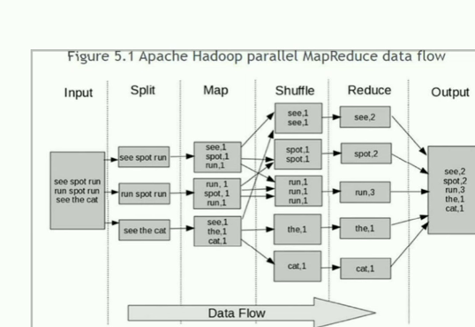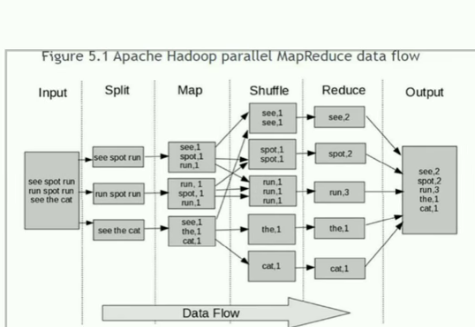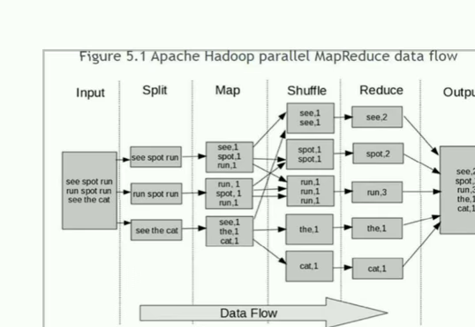So what it will do is combine all the similar keys and count the same, and it is counted by the same reducer process. The shuffle will come under this reduce stage. Shuffle will be done by this reduce stage. What shuffle does is combine the similar keys. You can see here C is combined, spot is combined, run is combined, the is combined, cat is combined into one block. So that is the use of this shuffle stage.